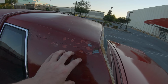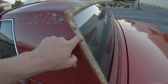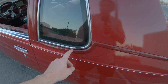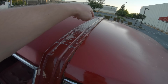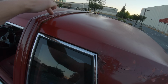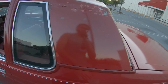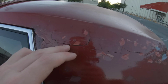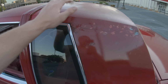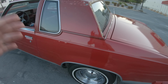You guys notice that I took the vinyl top off and it has this, and I still need to get the window trim, right? So what I'm going to do is take all of this trim off. It's gonna still have little pinholes or whatever under here because that's what holds the trim on. So I'm gonna have to have a body shop fill those holes and then fix this cracking, obviously. So smooth all this out, and then I'm probably just gonna leave it primered and then get it wrapped